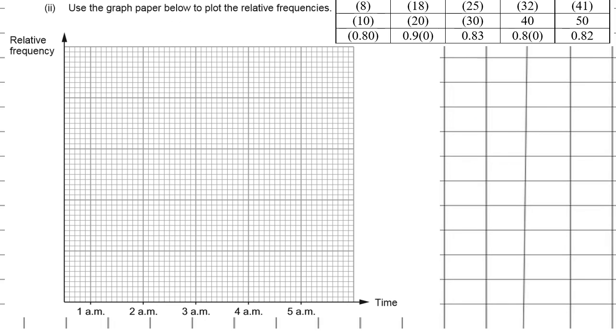Okay, use the graph below to plot the relative frequencies. So let's have a suitable axis, shall we? So this is our relative frequency. So 0.8, 0.9. If we start with 0.8, 0.82, 0.84, 0.86, and that's not going to work. Well, if I start 0.8 there,